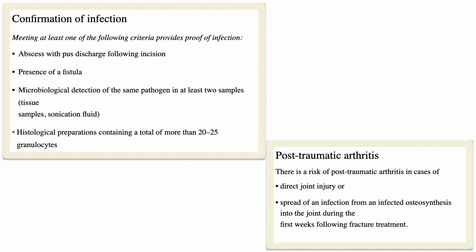Then with infection lasting for more than 3 weeks, if the implants are unstable, or if the implants are stable and the fracture is showing signs of bridging after the debridement, in such situations antibiotics are administered as a suppressive therapy until consolidation. Once consolidation has been achieved, metal is removed and debridement is repeated, and antibiotic therapy is continued for several weeks for curative purposes, with debridement, metal removal, and sometimes stabilization using an external fixator as a curative therapy.